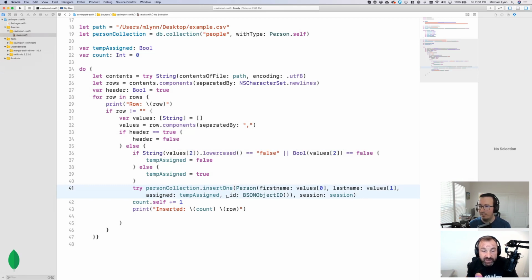And then lastly, I want to create a unique identifier. And the great thing about the driver is that it'll create it for me. The driver creates the unique ID. So that's not built into the database like Oracle, for example. Oracle, the database itself would have to create the ID. The driver is generating the ID here. And then we pass in the session that we created